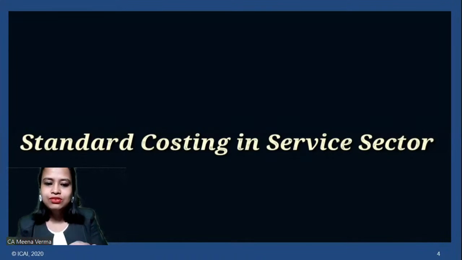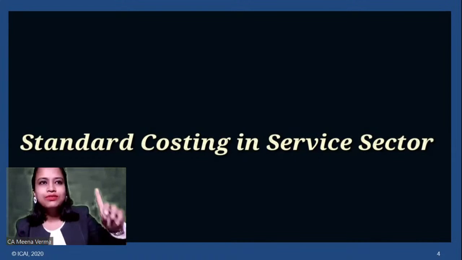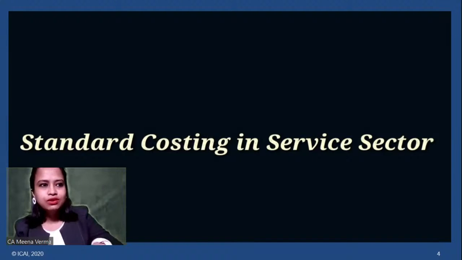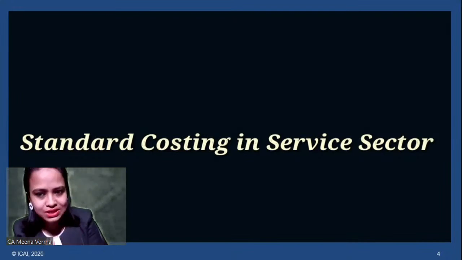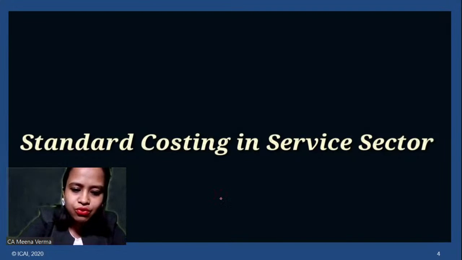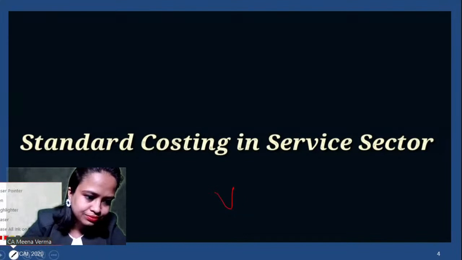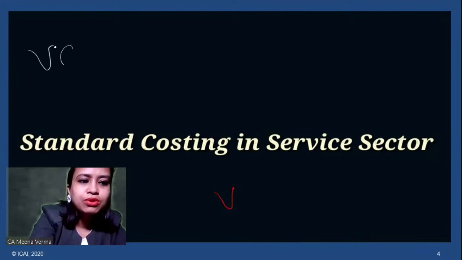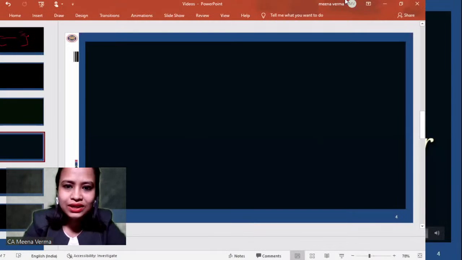Okay, now we have a service sector. We have already discussed a firm in which the organizations are using high technology. Now we are talking about a firm which is providing services. Okay, in case of service sector, you can see the variable cost. If you observe the variable cost in case of service sector, you will find that